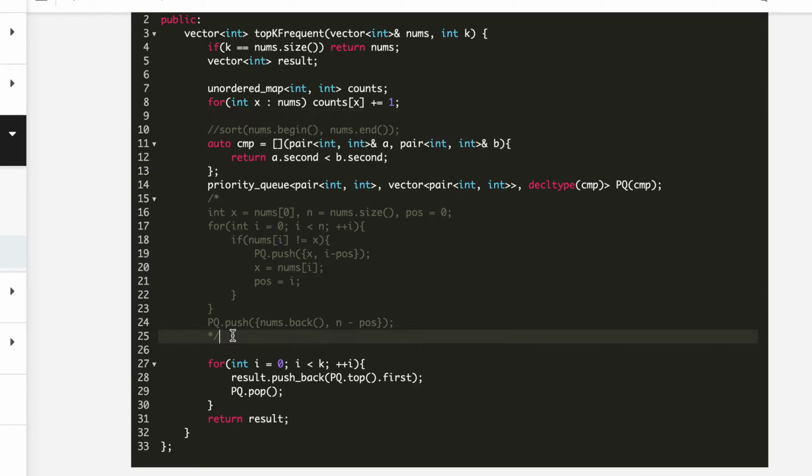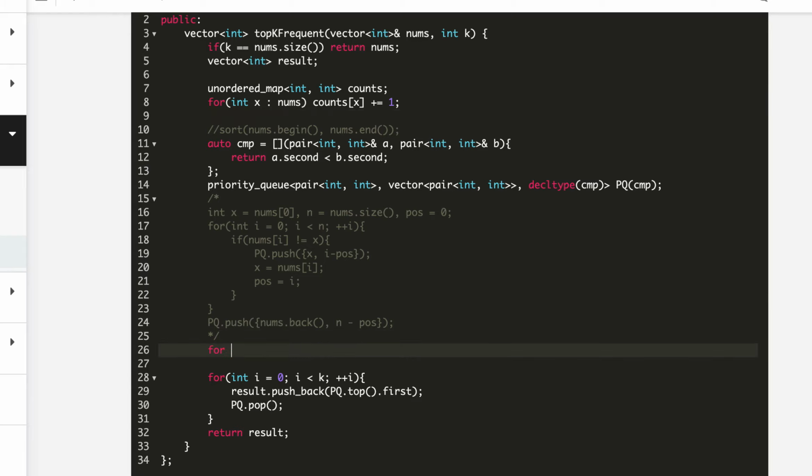Now what we need to do, so we are keeping this priority queue of pair. It does not need to be.